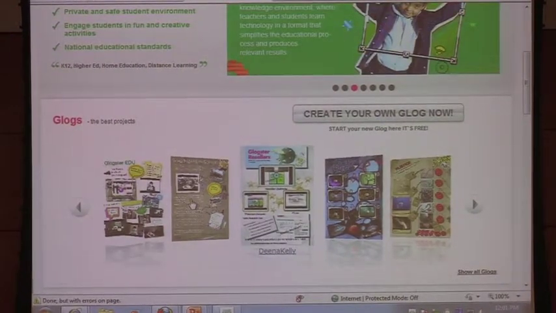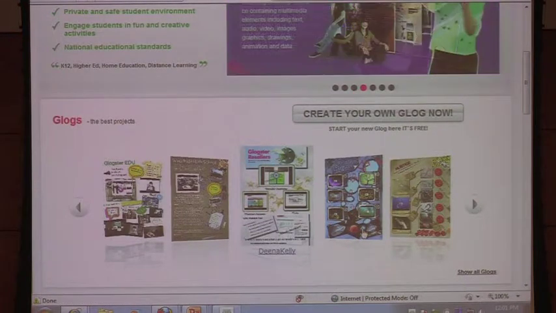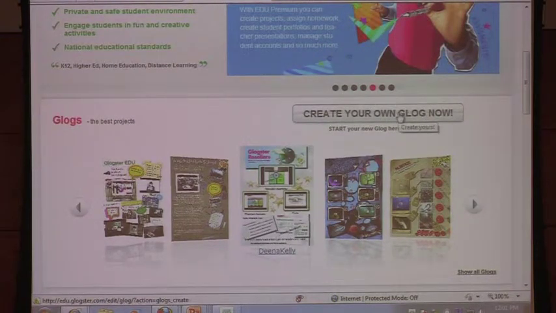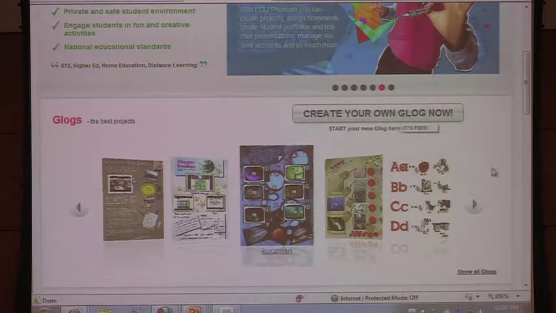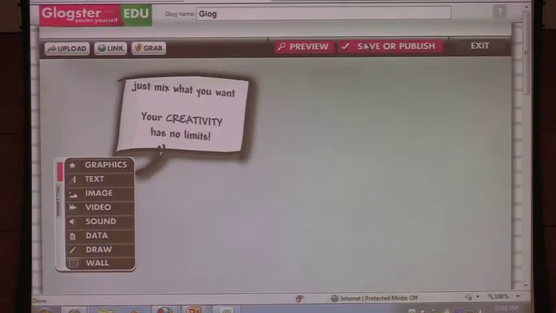These are some sample Glogsters. You can put in images and graphics and videos and text, of course, to tell the story that you want to. You can purchase an educator's license or one for students, and they will let you do some things at no cost. When I went in the first time, I was able to do some video recording and grab some pictures, but after that, I just did the linking part.